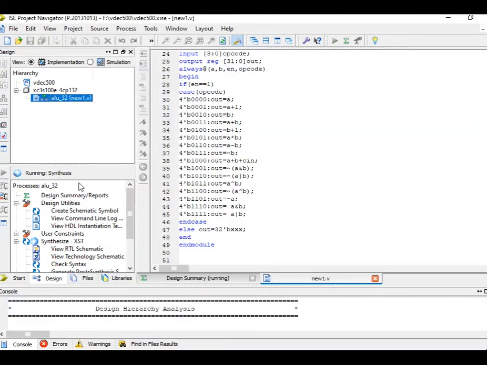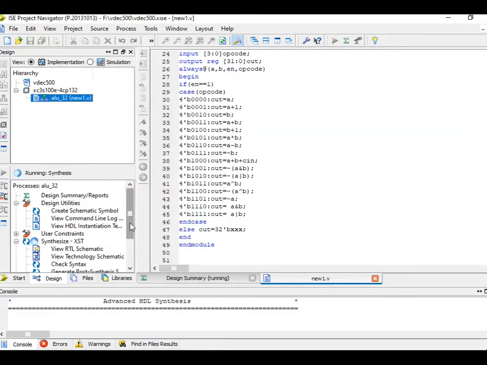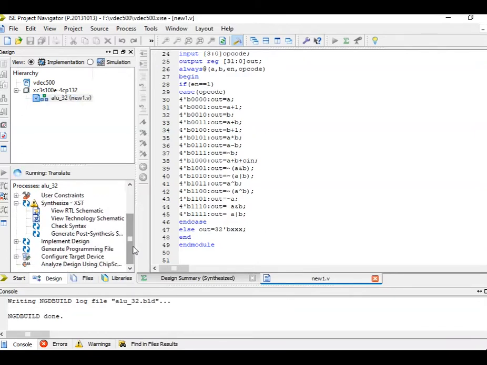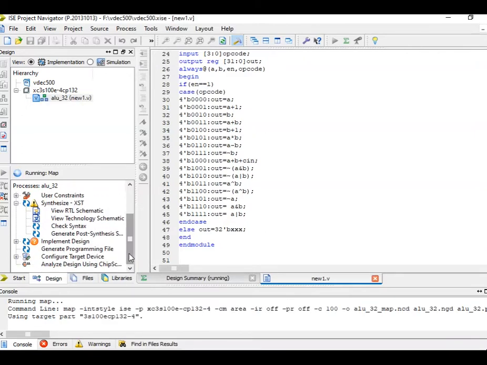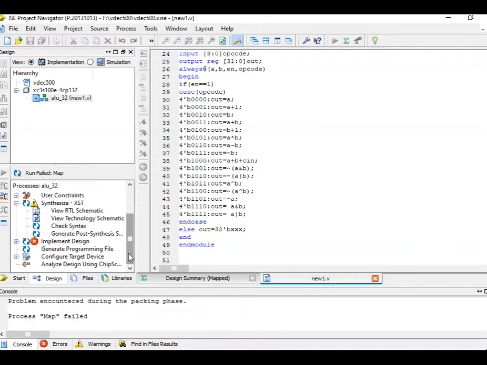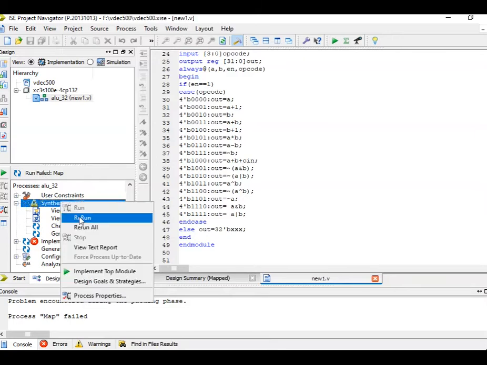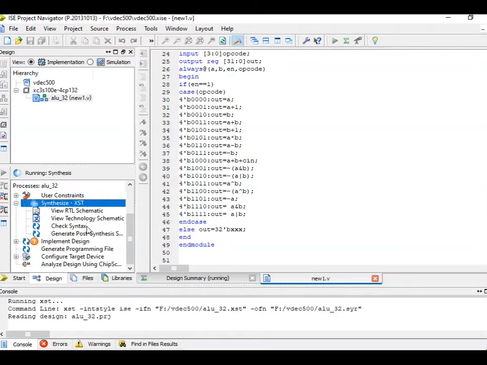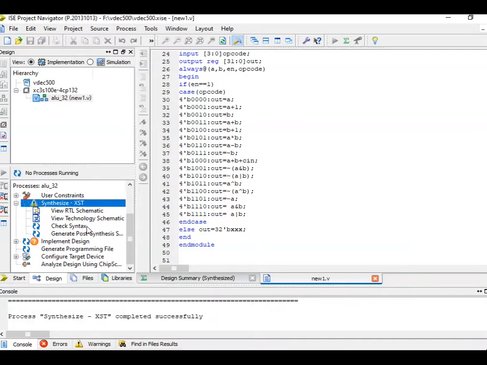Okay, so when you do the simulation, first it does synthesis, and it does all the available placement and routing, and it creates RTL schematic translations, and finally we get an execution indicating that all the routing has been done. Okay, and also the implement design should happen correctly. Suppose it doesn't happen, then you can rerun this. Okay, rerun all just to check if there are any errors in the program. If there are warnings, they can be left as they are. Okay, absolutely no problem with this.